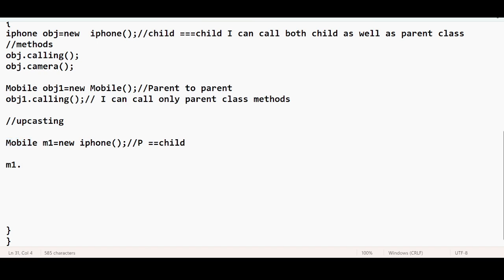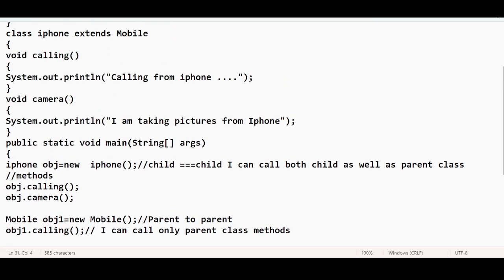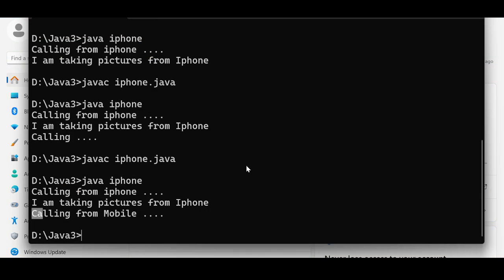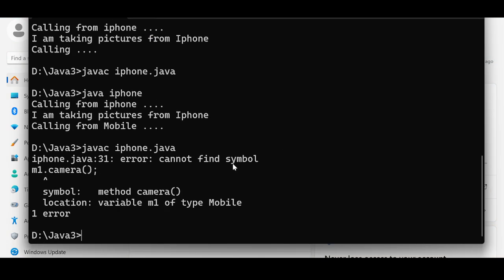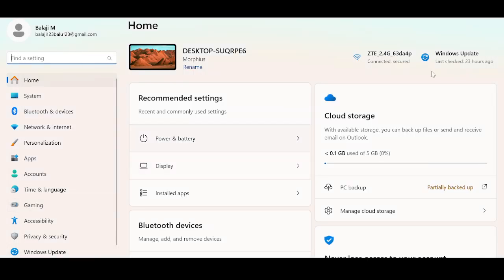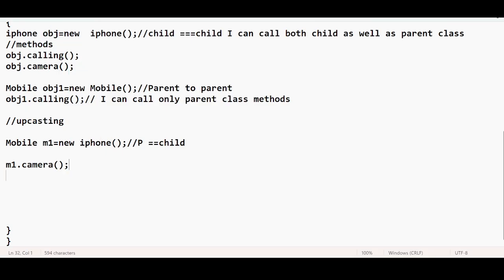Which method can I call? Can I call camera? If I do this, we will get an error: cannot find symbol. It is very specific.